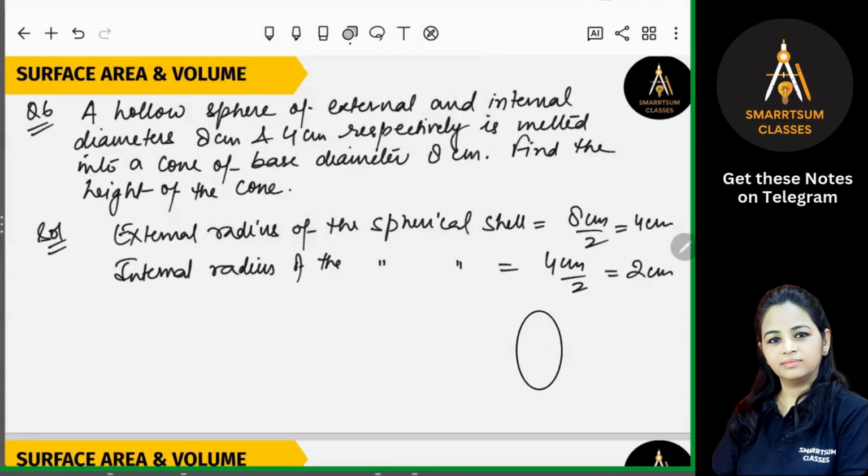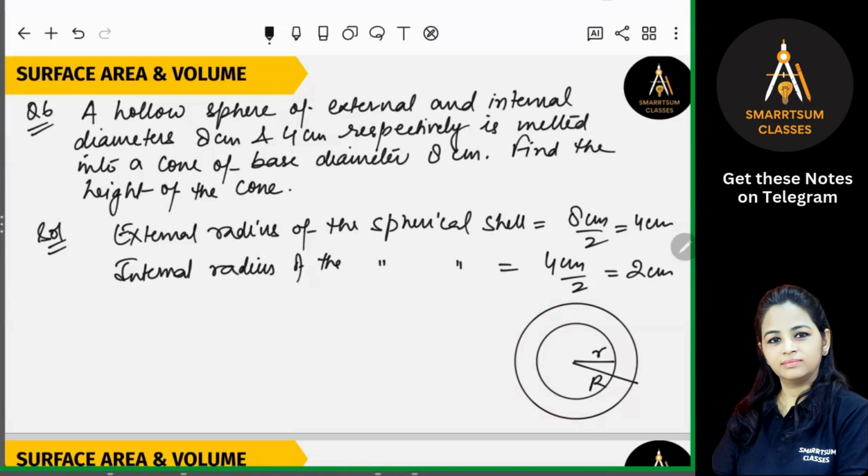It is somewhat like this, right? So this is the spherical shell, or you can say hollow sphere, having the radius which we have got here. So external radius, that is the capital R, and this is small r. So external radius is your capital R and internal radius is your small r. Now we know that